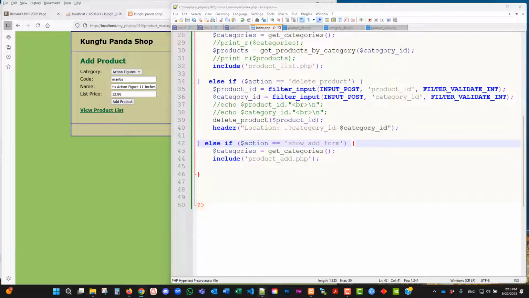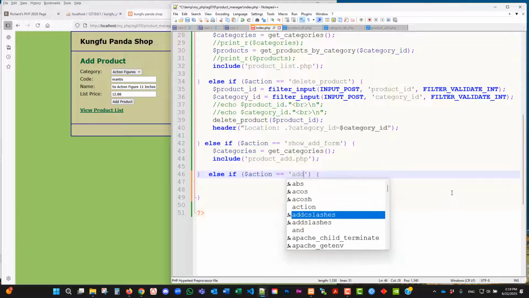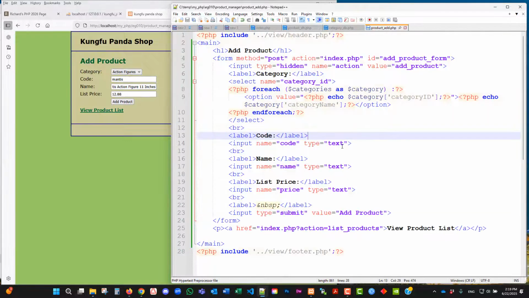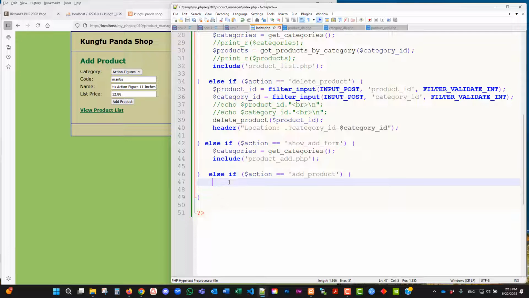So what you need to do is else if action equal to, sorry, I pasted at the wrong place. Action equal to add product. We get the value from here, which are post methods, HTML names, input field names, and then we do the insert statement, SQL insert statement, and all this was done